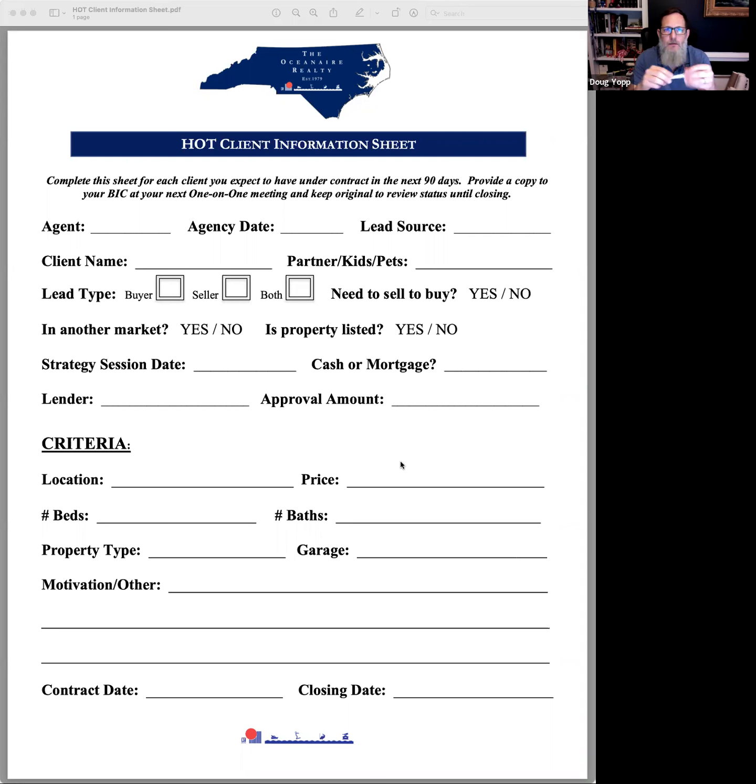Now, I'm going to add a little caveat to this. We all have people in hot in Boomtown because we want to keep an eye on them above and beyond watch and nurture, right? And that's okay. I do it. Everybody does it. We know they're a little bit further out. We don't know exactly what their timeline is, but we're confident we're going to work with them when the time comes, right? And that's just a good way for us personally to keep an eye on them.